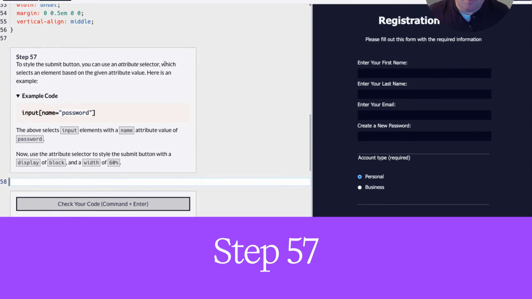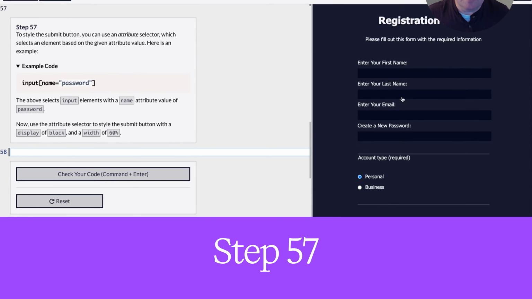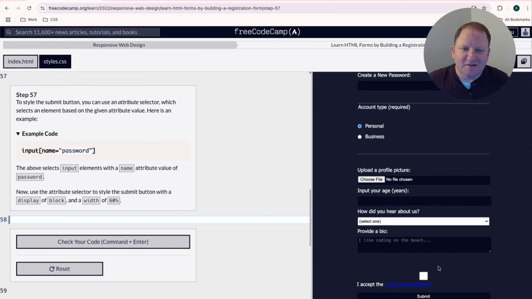So step 57, we want to style the submit button that is on our form. So we want to style this button right down here, and we can utilize the attribute selector when we're utilizing CSS. It does give us an example here, and this is why this is just a little bit tricky, and I wish they would have worded this a little bit different. And it says that, hey, here's an example, an input field, and has the square brackets, and it says it's